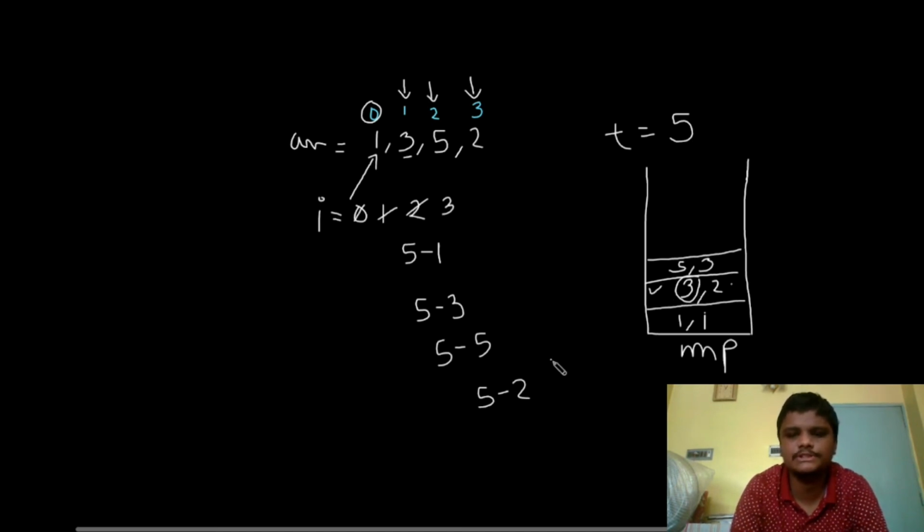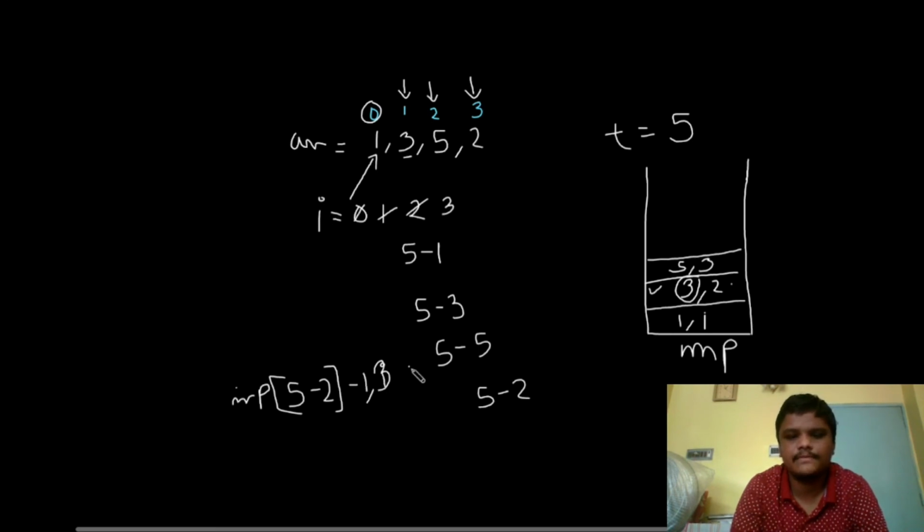So now when the condition is satisfied, what are we going to return? We have to return the indices, that is, we will be returning MP of 5 minus 2, that is the position of 3, minus 1. We were subtracting 1 from the position because, in order to get the index, we need to subtract 1 from the position. And then we will be storing I, that is the index, which will be 3.